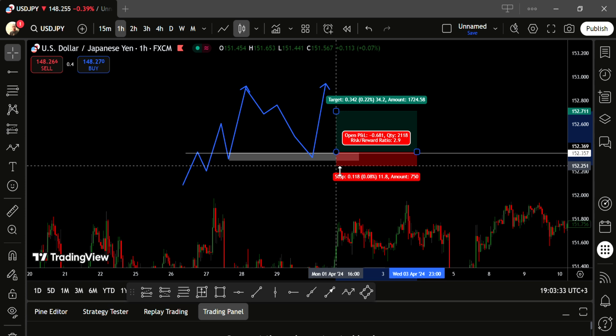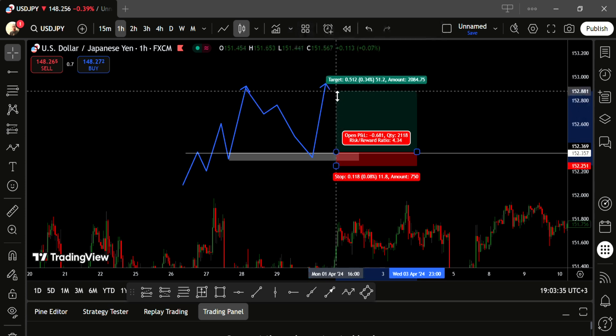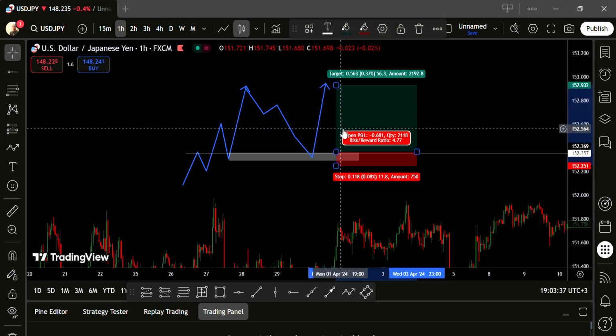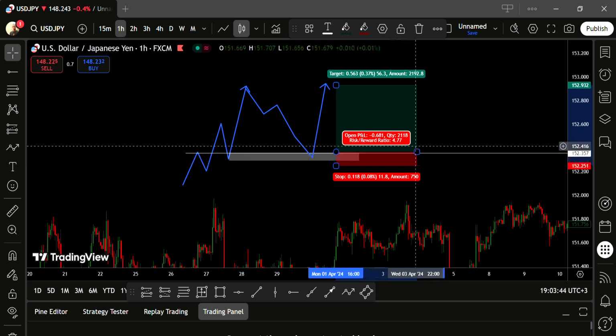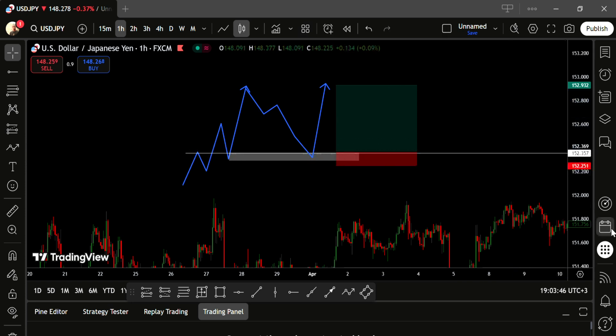we want to take it to the previous high, giving us a risk to reward of 1 is to at least 3. Risk to reward of 1 is to at least 3. That is what we want to see. So the same happens for